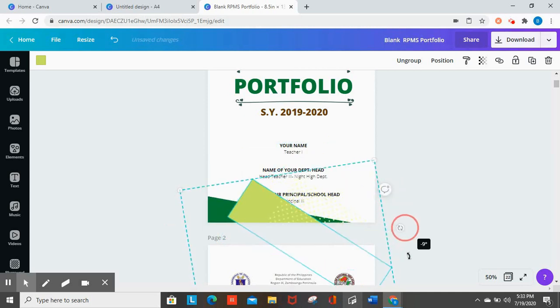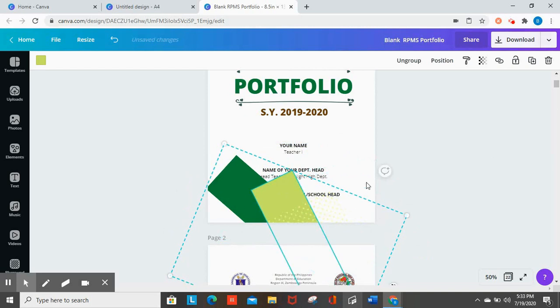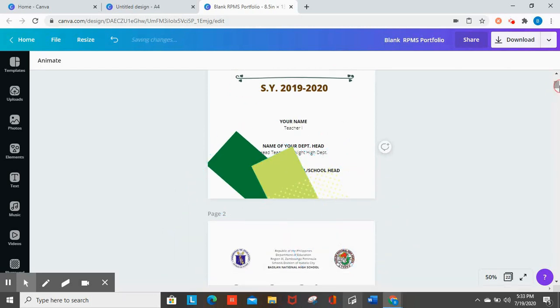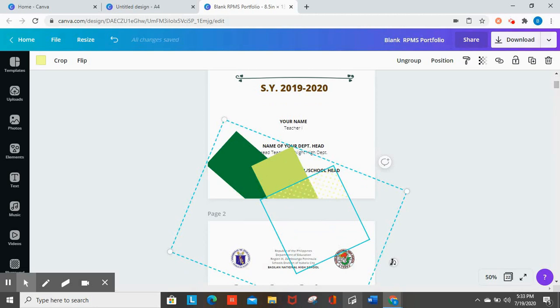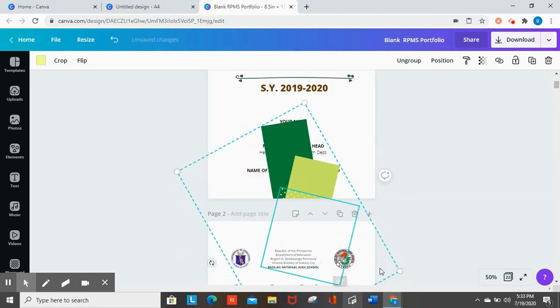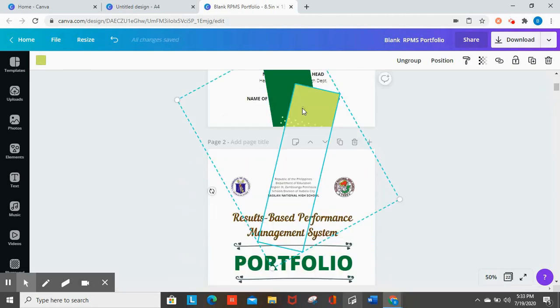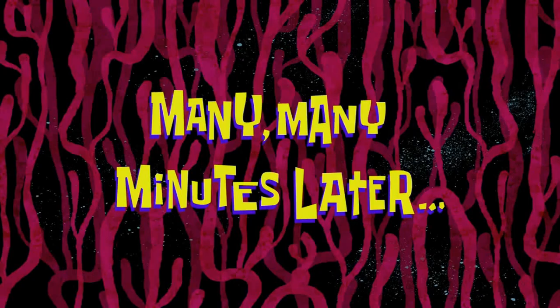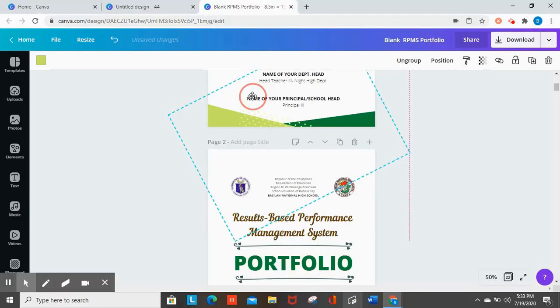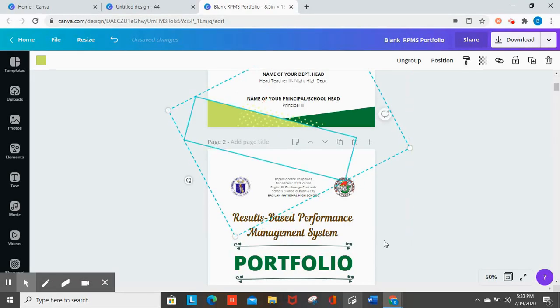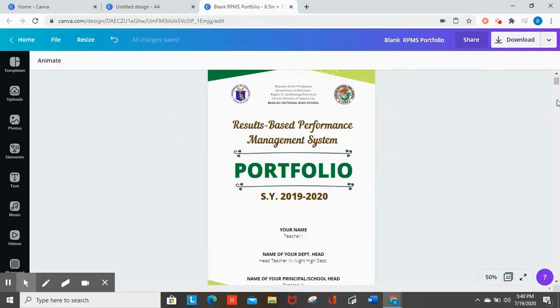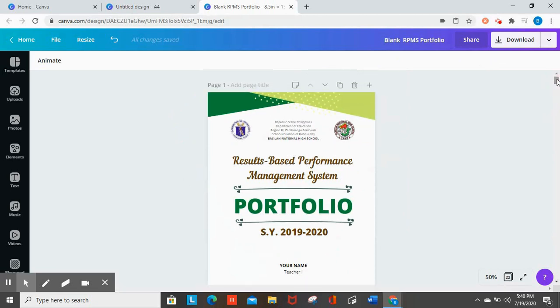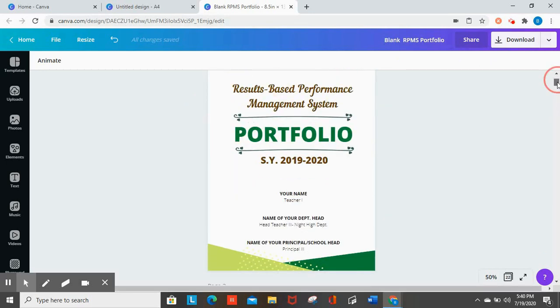You just have to play around with it until you reach the desired design. If you're already satisfied with what you have done, many, many minutes later, wow, this one is so cute. So if you're already satisfied of what you have done, pwede na natin siyang i-group together para mas mabilis siyang